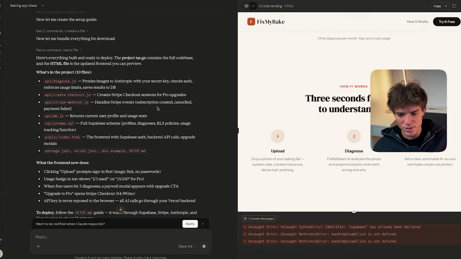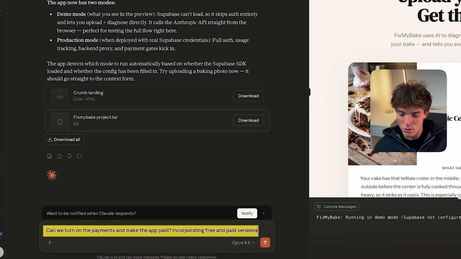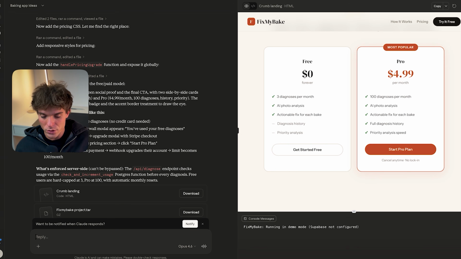So whenever some sort of button is not working, just tell it and Claude Code will fix it. Now I want to activate payments. So I wrote, can we turn on payments and make the app paid, incorporating both free and paid versions? All right, so now when we scroll down, we can literally see two options: a free plan with 3 uses per month and a paid plan for $4.99 with 100 uses per month. And it's just surreal for me to look at this and think that it has been built with just a